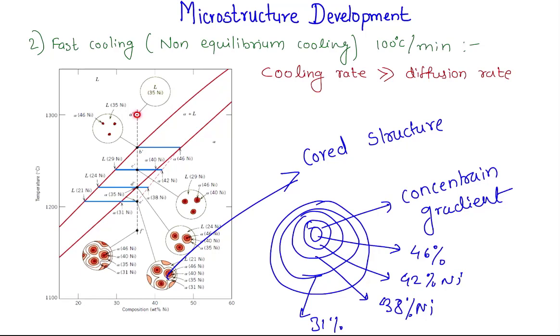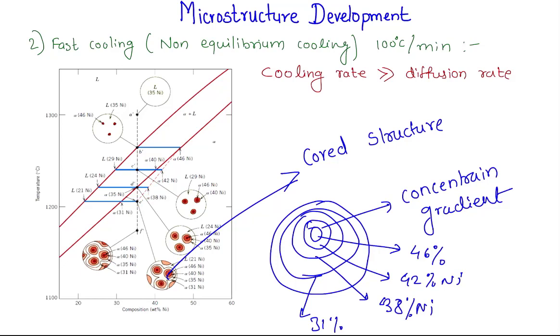At point A or 1300 degrees Celsius, everything is in a liquid state. At point B, the nucleation or solidification starts. The Cl here is around 35% and the Cs is around 46%. Now as we start cooling, you can see there is another line shown in dotted shape. This means that it should follow this path, but it will not follow this path and the actual composition will be like this because we are cooling it very fast.